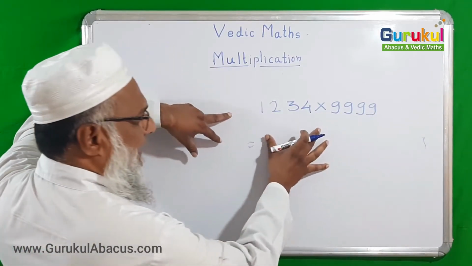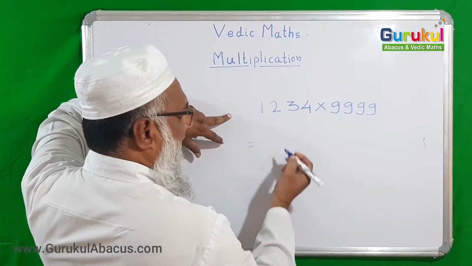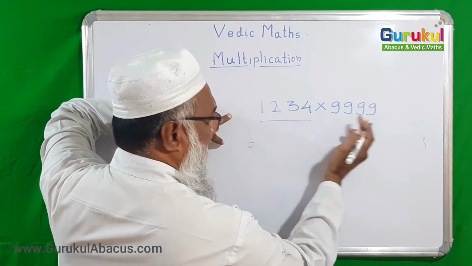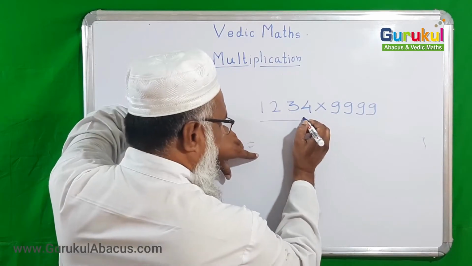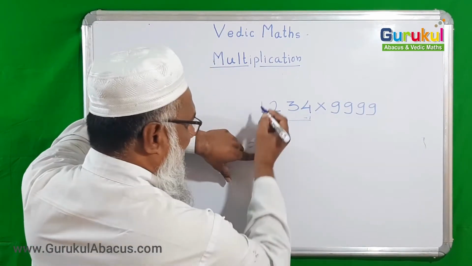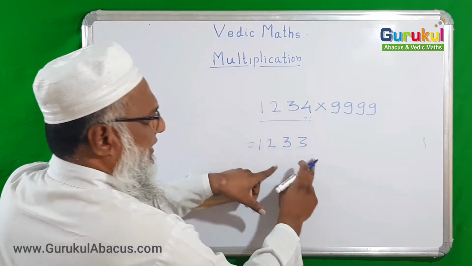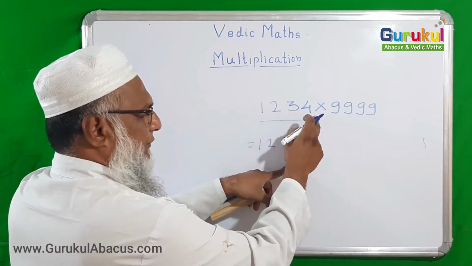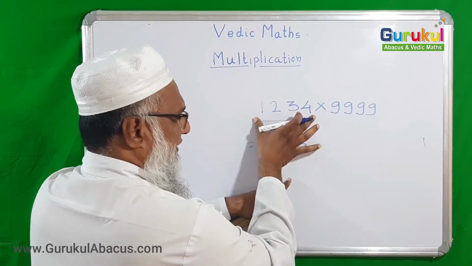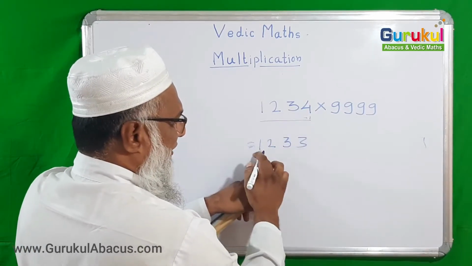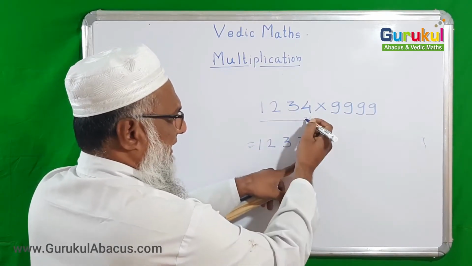While writing the answer, we have to write the first part of our answer. The first number, whatever is apart from the greatest number, we write downside just by lessing 1. Means we will write 1, 2, 3, 3. What did we do here? All the digits of 1, 2, 3, 4 we wrote, but for the last digit we subtracted 1 and wrote 1, 2, 3, 3.